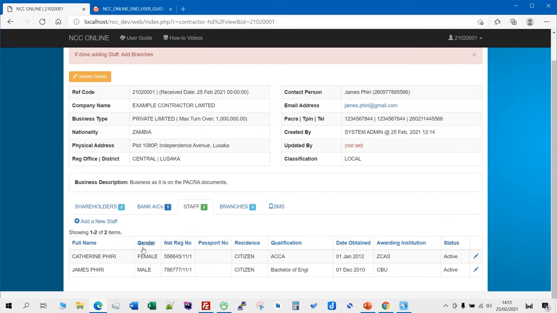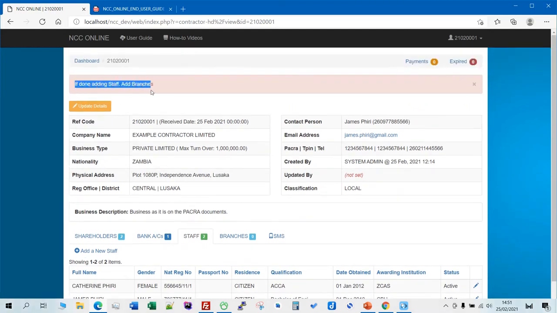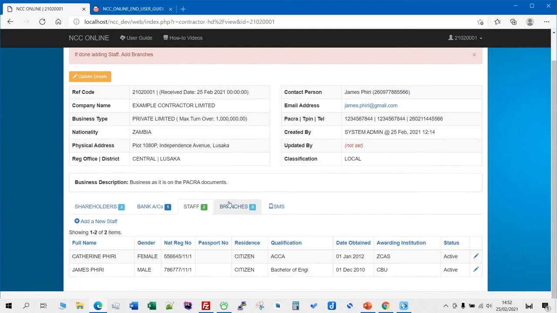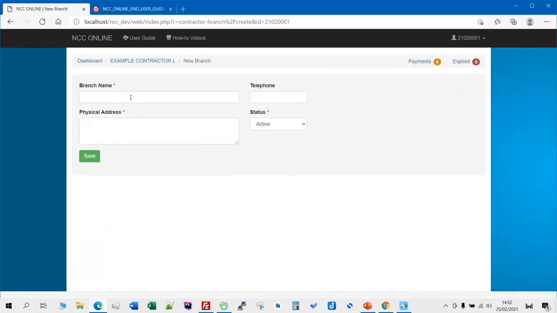Okay, so we have added 2 staff actually to that, and now the system changes the message and says, well, if you are done with staff, add branches. So we go to the branches and add, and since these guys do not have a lot of branches, we just say head office. Okay, physical address, will say plot 200, we'll say Kamala, Lusaka,